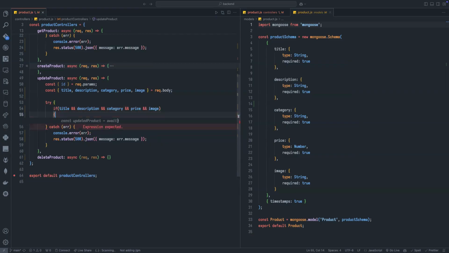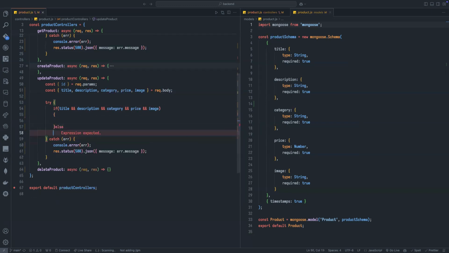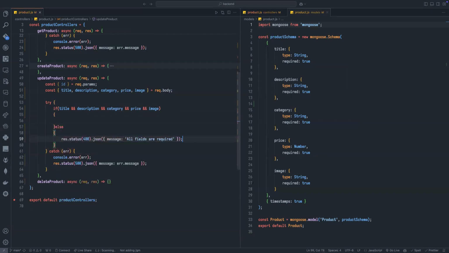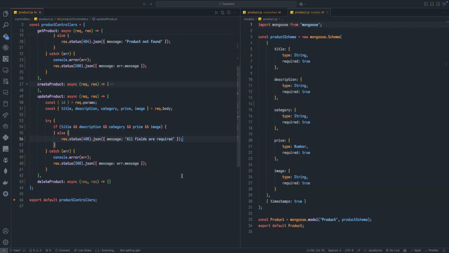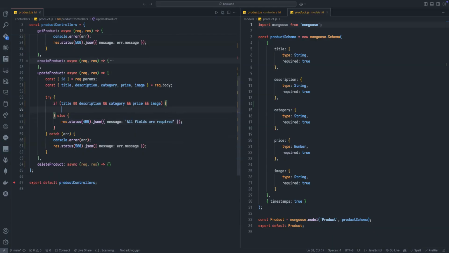So it will not be a problem. If I have all of them, I'm going to do something. If I don't have all of them, I'm going to send status. Also, as you can see, I say all fields are required. So I'm telling the user that simply it's not possible to update a product for a specific field which has no value. Okay, if they have the value, so now what I can do here, I can just say